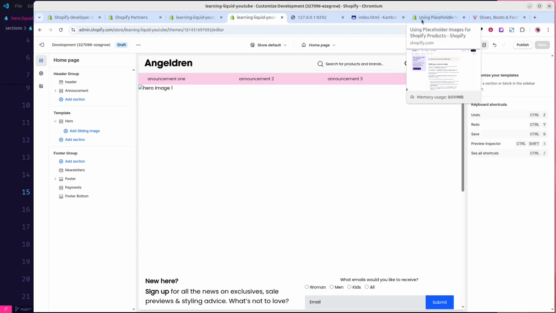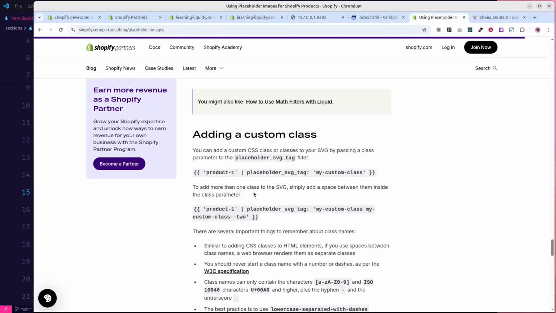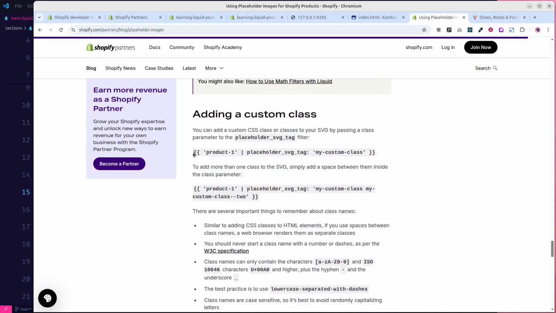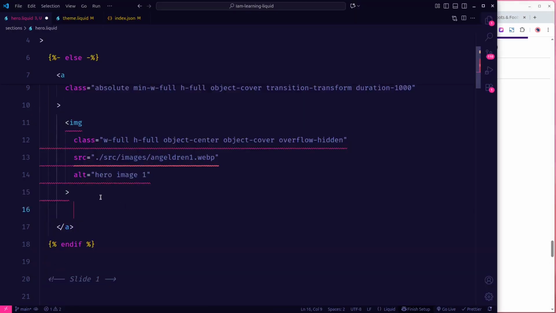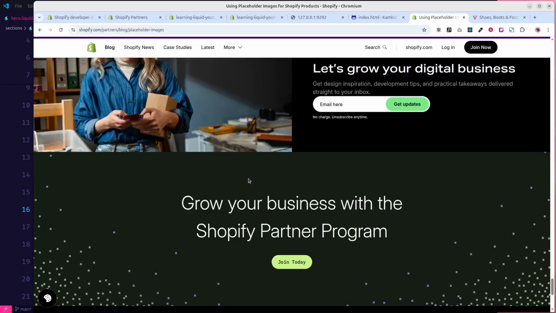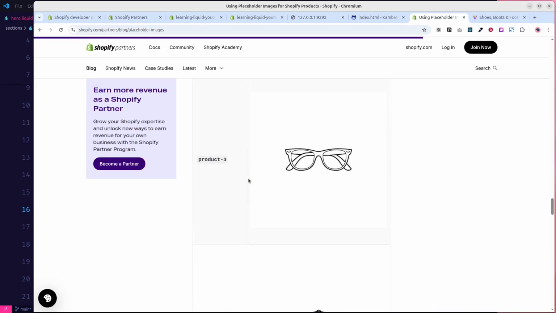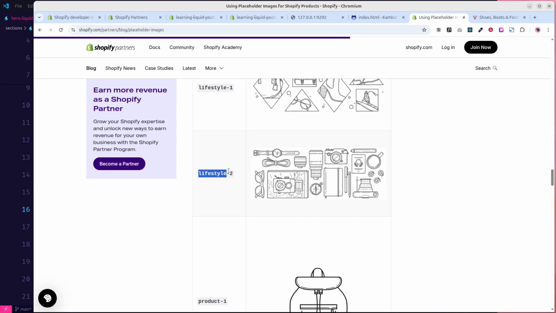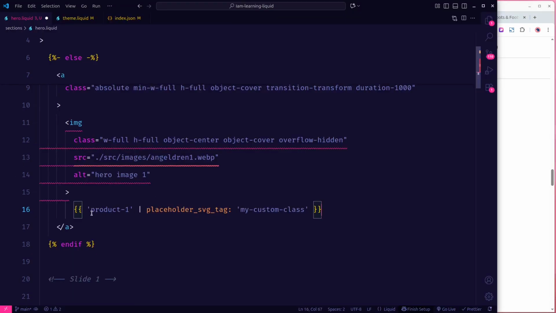So I will go back to placeholder image, and I'm going to first of all copy what we have here like this. Okay, and I'm going to place it just under the image for now, and I will go a little bit on top, and I will look for lifestyle 1 or 2, choose whatever you want, and I'm going to replace it